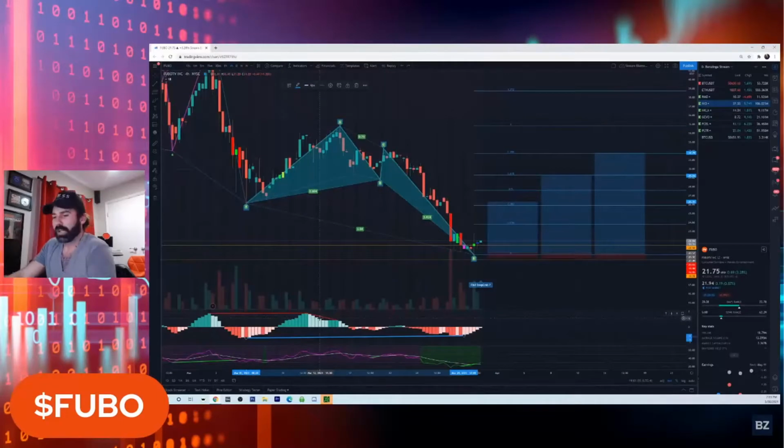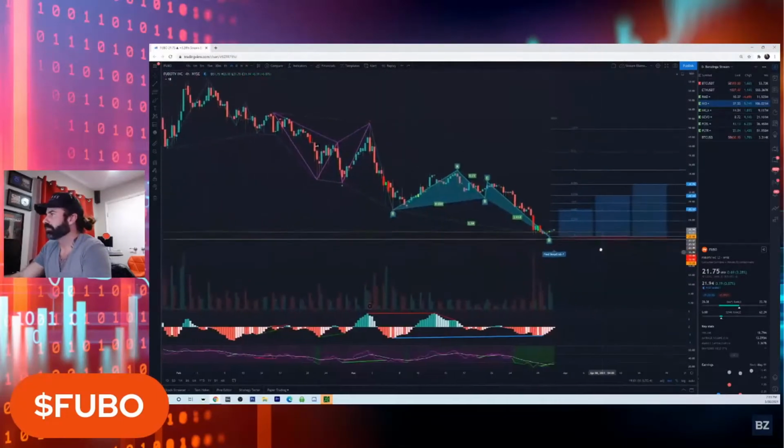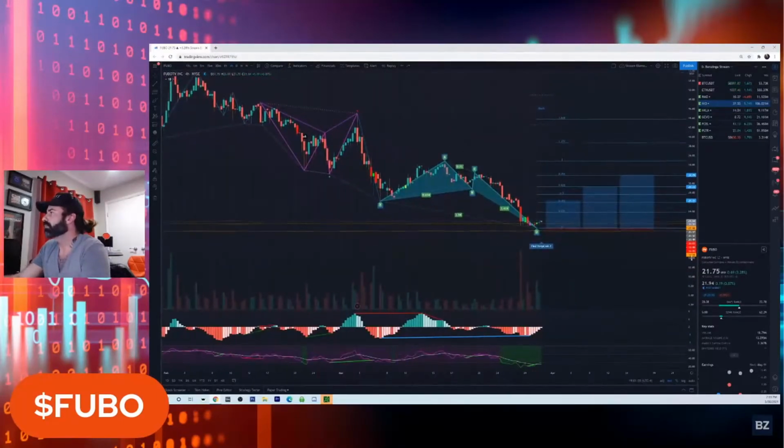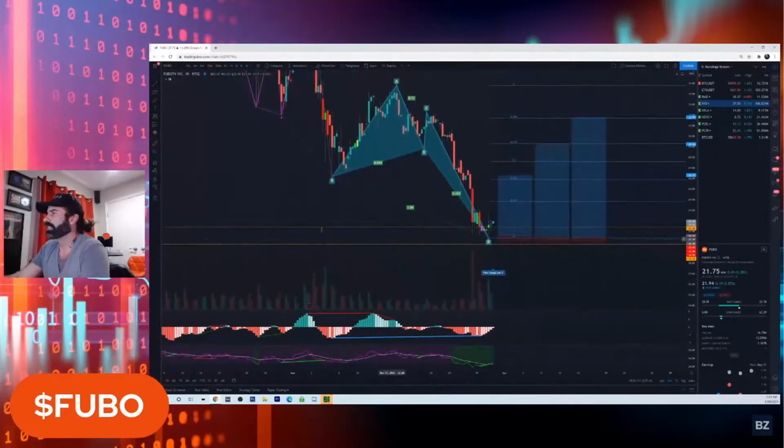But on top of that, if you look at the MACD at this PCZ, you would think momentum is going to start getting to the upside. It's going to start getting some positive momentum. Well, look at the MACD. Right at point D,